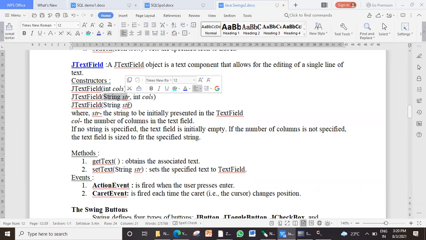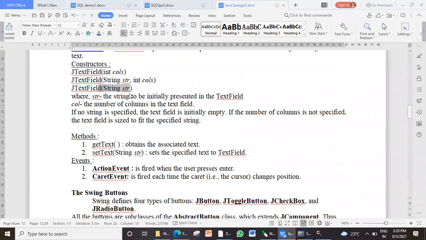In that case, you need not specify the size, because automatically it will take the size of that string as the text field size and display it. If you want, you can even specify the size. If you don't specify, it will take the length of the string itself. So this is how a text field can be created.